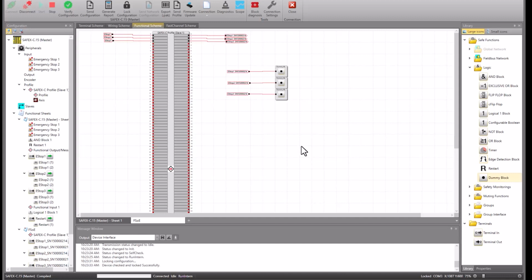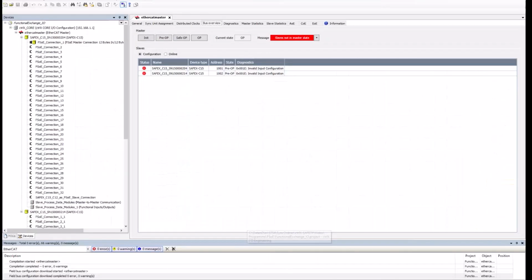The LED of the FSOE master control is still flashing yellow. This state indicates that the FSOE communication is not yet working. But what we can check: I switch to the Control-X IOA configuration, which is still active in the background, and switch again from init to OP. And here we see that the I/O configuration for the FSOE master is now correct.